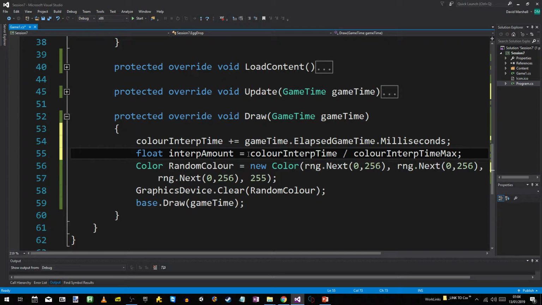So in other words, that interp amount is going to go from 0 to 1 very gradually. Well, not very gradually, over 2 seconds. So as it does that,